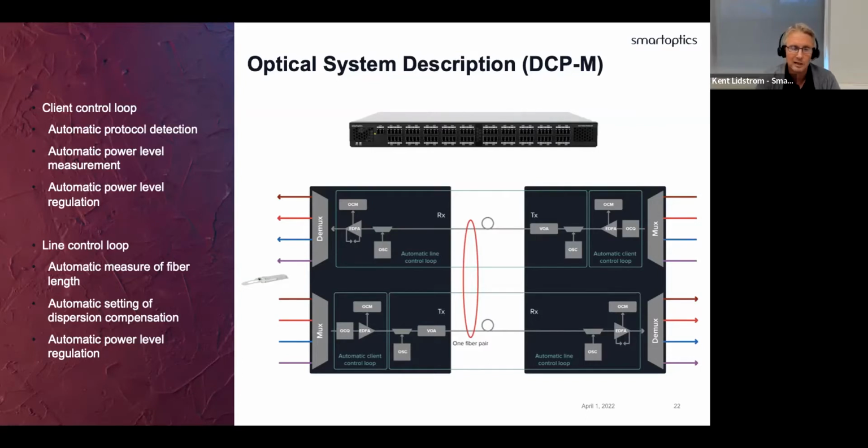So basically what this means is that in a box like this, and of course from other vendors as well, when they build a solution around it, it allows you to get automation on the client side when you add new wavelengths. You also get automation on the line side that adapts to different conditions, such as added fiber loss. So this is a typical solution using the optical components to make them useful. Otherwise, it would be quite complex to operate and run a network with those components if you tried to build a discrete solution around it.